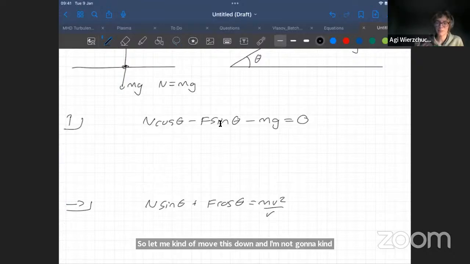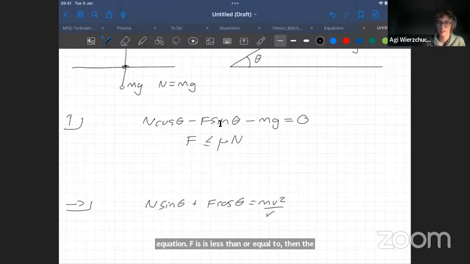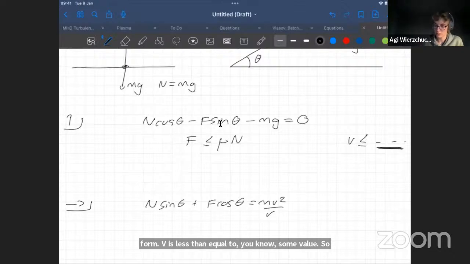So friction, as you probably know from your A-level maths courses, is given by the equation F is less than or equal to the coefficient of friction times the normal reaction force. You can stay in this inequality and do this entire question that I'm about to do in this inequality. Then you'll see that I'm going to get something of the form V is less than or equal to some value. So this value is going to be the maximum speed,